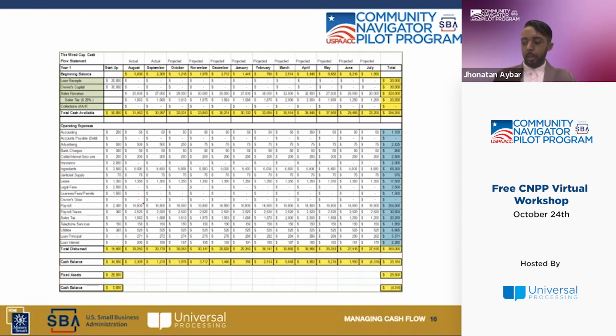If you notice, in April he's projecting $32,000, and in May he's projecting $27,000 in sales, and then in June and July he's projecting $20,000 in sales. So if that is the case, he has to become aware that he has to gradually adjust his inventory from towards the end of April all the way through May, because he has a significant decrease in projected sales.